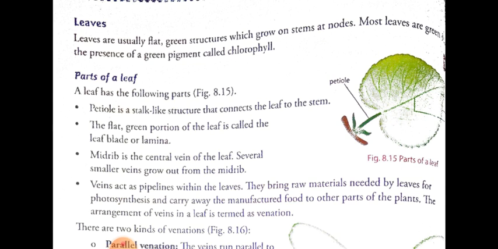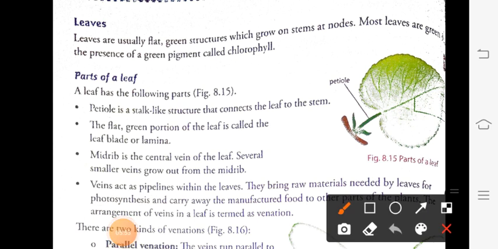Most of the leaves are green in color, and they are green due to the presence of a green color pigment called chlorophyll. This is the chlorophyll. You can see this is a flat structure which is green in color,